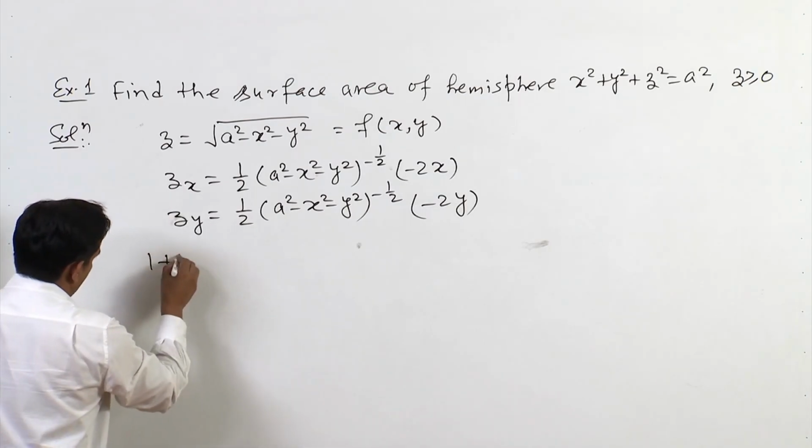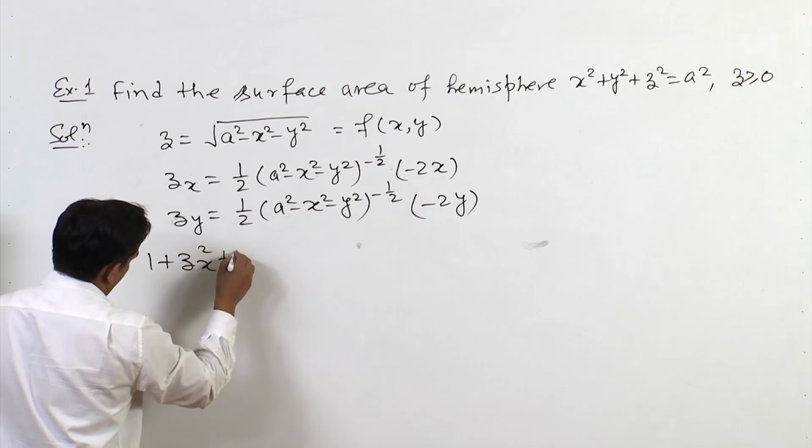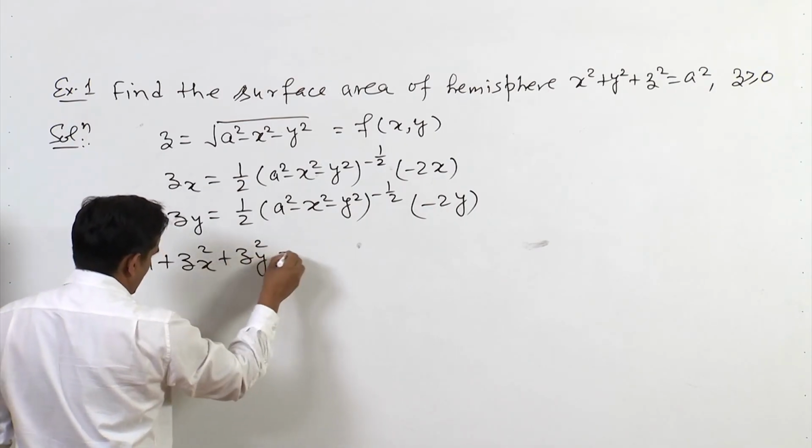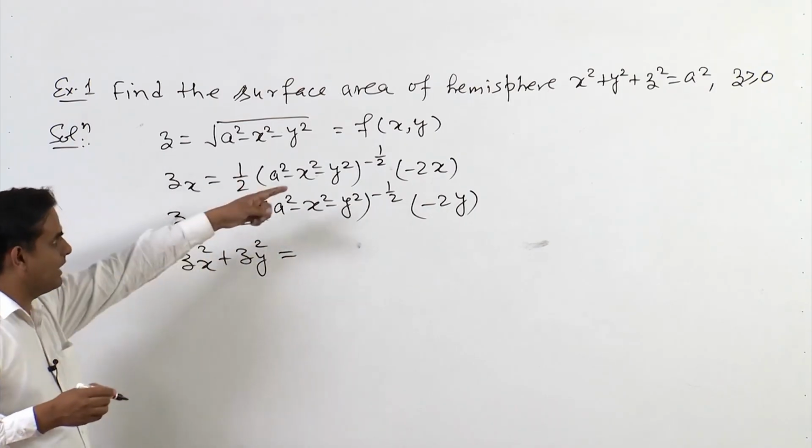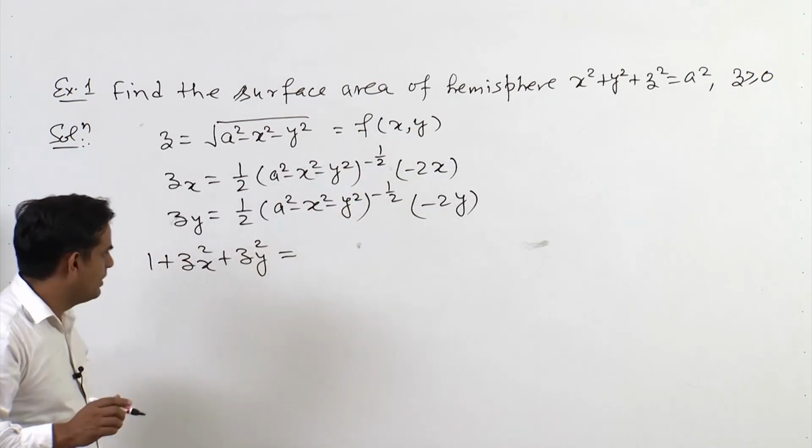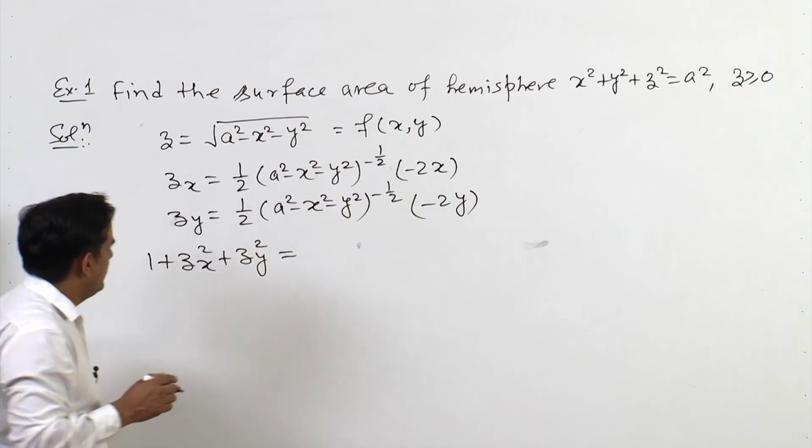So 1 plus z_x square plus z_y square. Please note that z_x, z_y are f_x and f_y only. This will become